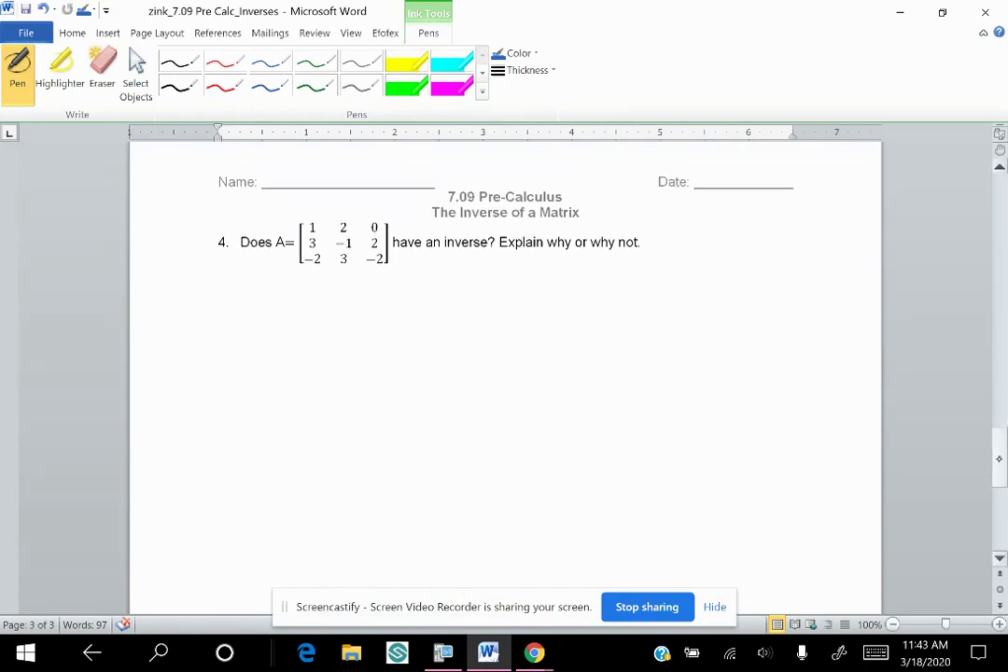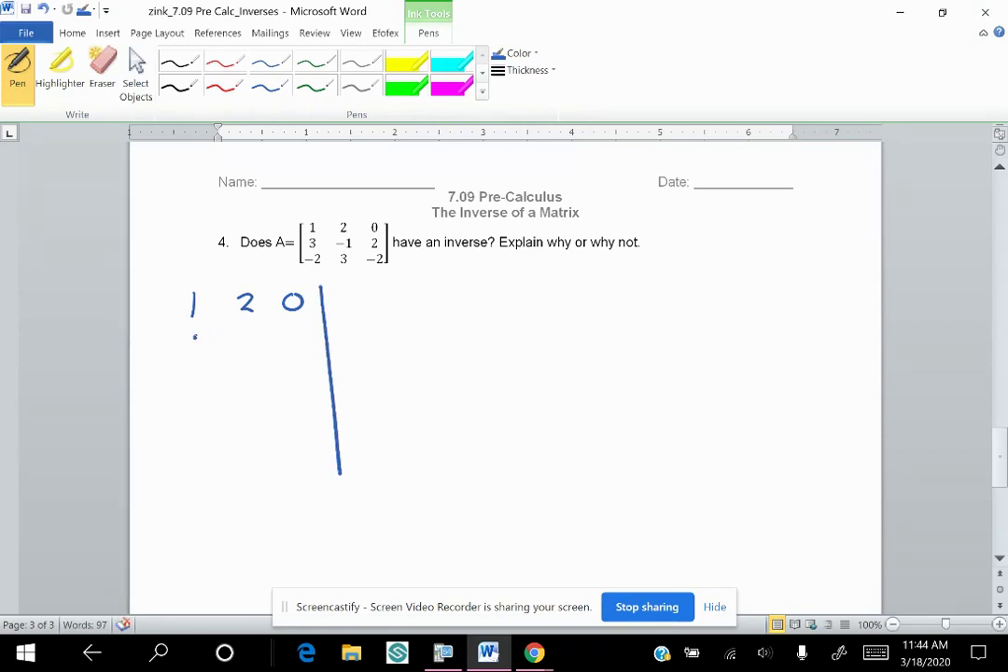Number 4 says, does A have an inverse? Explain why or why not. Okay, so I want you to think about this and say, okay, well, can we tell off the bat? No, it is a square matrix. It's a 3 by 3. So let's start solving it